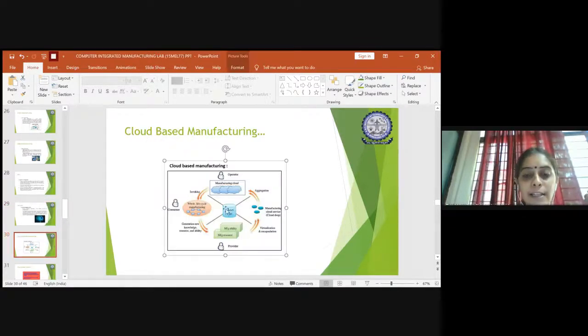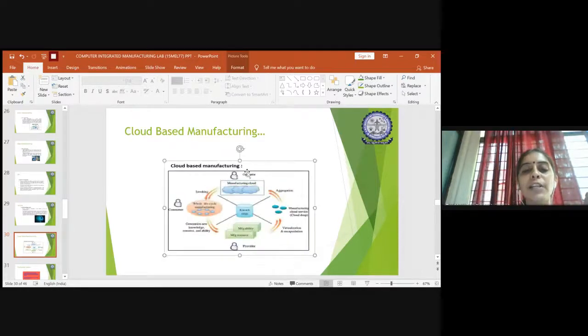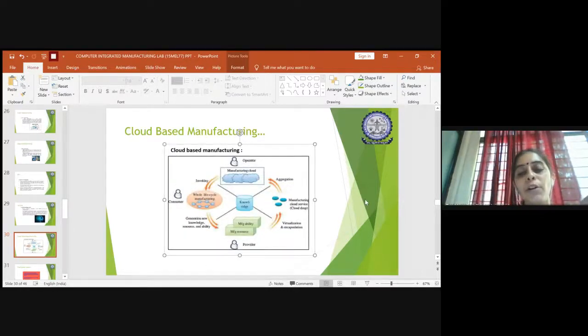And lastly, it has not come yet. In future, you may get the chance of cloud-based manufacturing also. Okay, so how a normal manufacturing could be transferred to cloud-based. You can see you have first the manufacturing process, and then manufacturing process with respect to our SIM, and then comes smart manufacturing, digital, IoT, and finally AI and ML based, ending now towards cloud-based manufacturing.